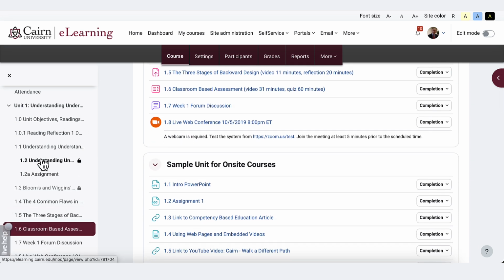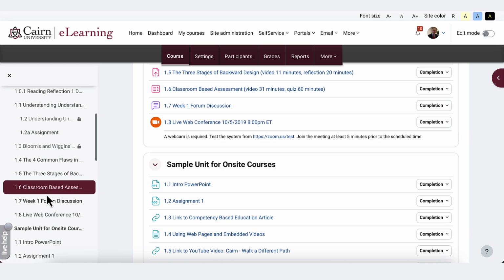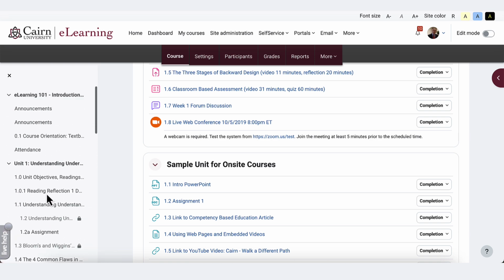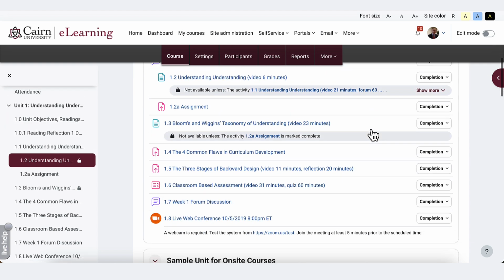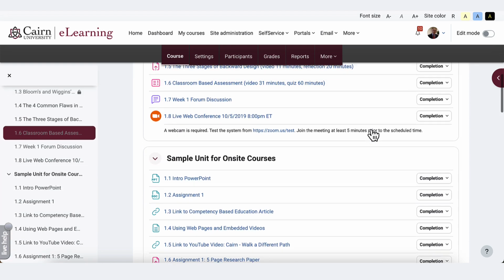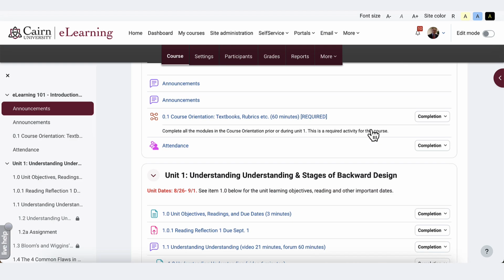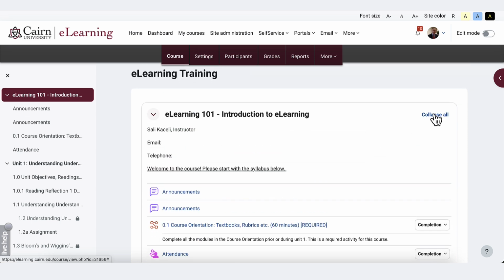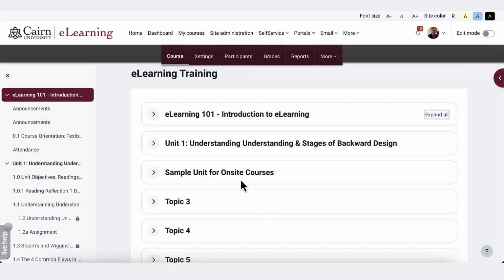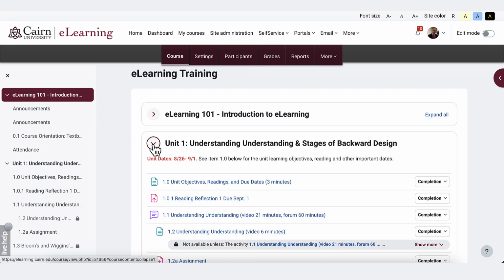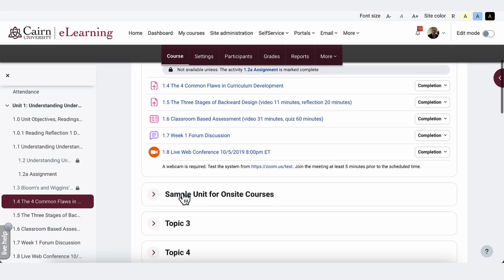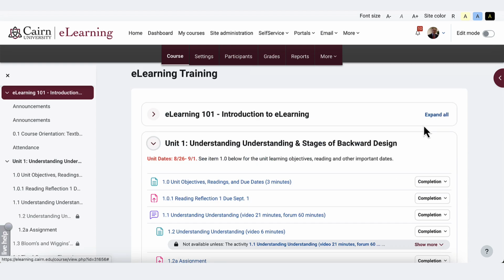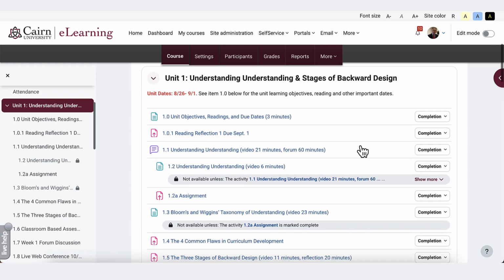This is so that you or the students can jump to a particular activity directly from the course index. By default, all the activities in the course will be opened up and you'll be able to navigate up or down. But if you click here on Collapse All, it gives the students only the listings of the main sections, and then they can either use navigation here on the left, or they would go, let's say, to Unit 1 and expand the activities just for Unit 1. If you want to expand them all, you click on Expand All, and that will be the view that you're